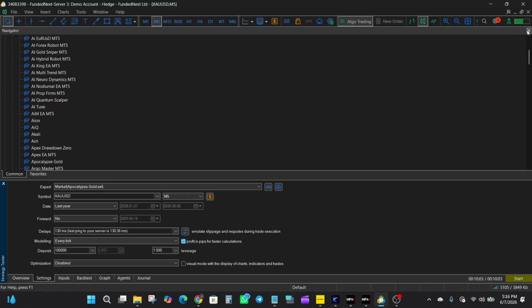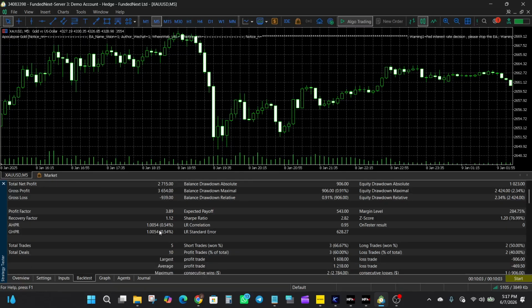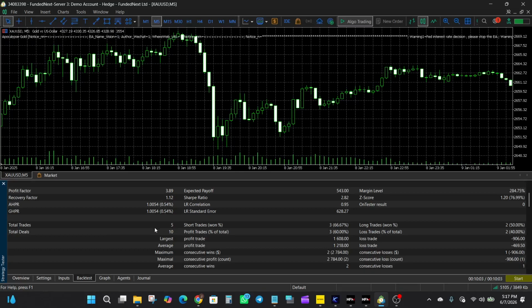All right. So now from the backtest results, we can see that the EA made a total net profit of $2,715 from an initial deposit of $100,000, and the total trades taken were just 5. Short trades were 3 with 66.67% win rate. The long trades were 2 with 50% win rate. The largest profit was $1,608. The largest loss was $906. The average profit was $1,218, and the average loss was